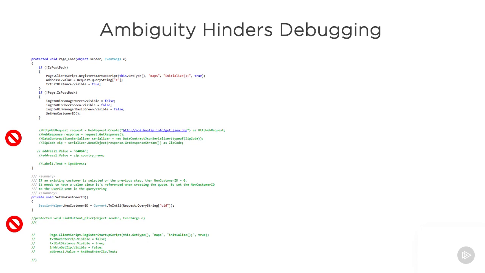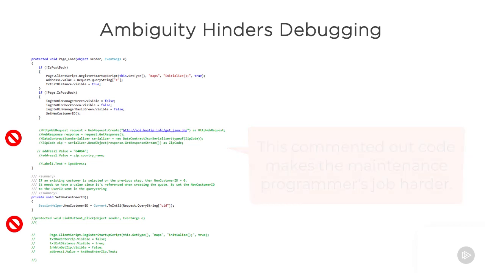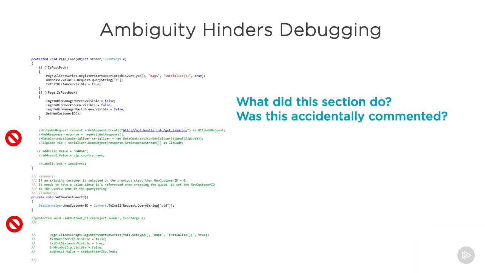Imagine you're a maintenance programmer who stumbles across a swath of zombie code around an area where a bug has been reported. The programmer's job is now much harder. The commented code must be read and comprehended to determine its potential impact. Was the code accidentally commented out for testing and never reverted? Perhaps the person who commented it out can help. So who was that? An investigation ensues. This additional ambiguity takes time to resolve and adds mental weight to what could otherwise be a simple debugging process.